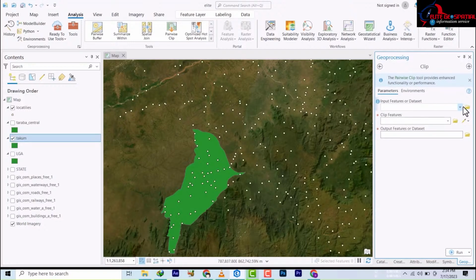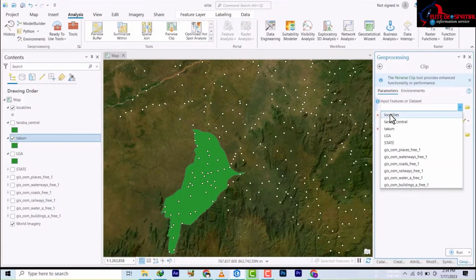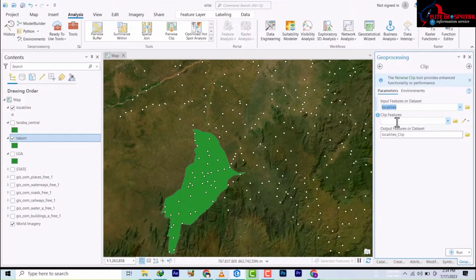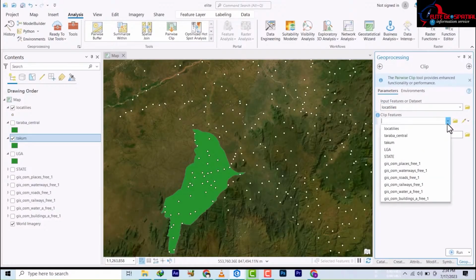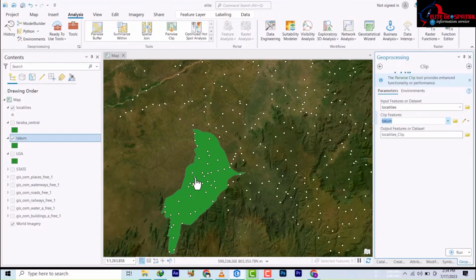That's the data set we want to clip from, and then the clip file, which is what we want to clip to, is this locality data over here. So I've inputted it. Then the extent to which we want it to be is this Takum, which is this place. All right, so then the output now,